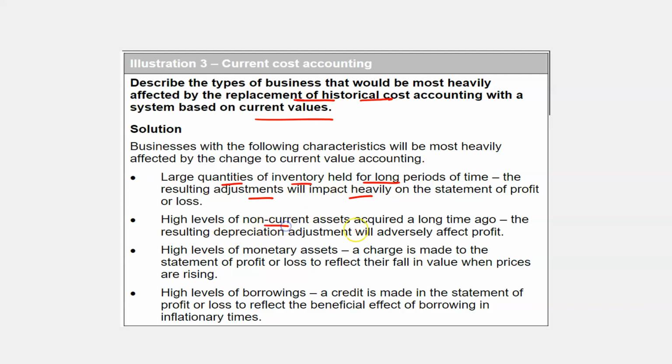The other thing here is high levels of non-current assets acquired a long time ago, and you haven't adjusted appropriately. Once you carry out the right adjustment to current value, a further depreciation will hit your income statement as well. High levels of monetary assets: a charge is made to the statement to reflect the fall in the value when prices are rising. High levels of borrowing: a credit is made to reflect the beneficial effect of borrowing in inflationary times. So actually, kind of going back on what I said there, we do put through an adjustment when